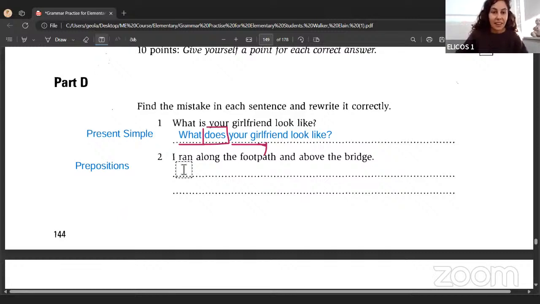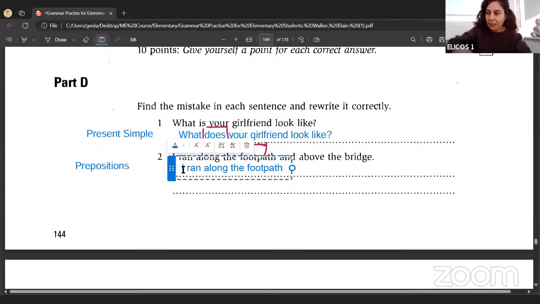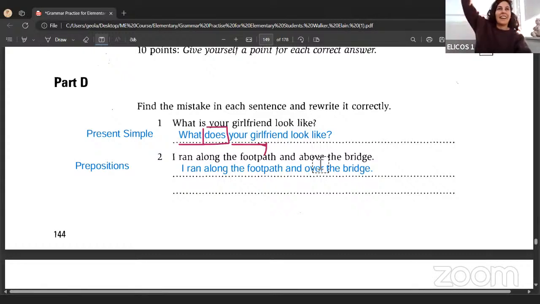So I ran along the footpath. That's fine because that means like on it. I ran along the footpath and, what did you say? Over. And over the bridge. Now, if you were above the bridge, that means you're in the sky above the bridge. It'd be impossible. So it's very important that these two